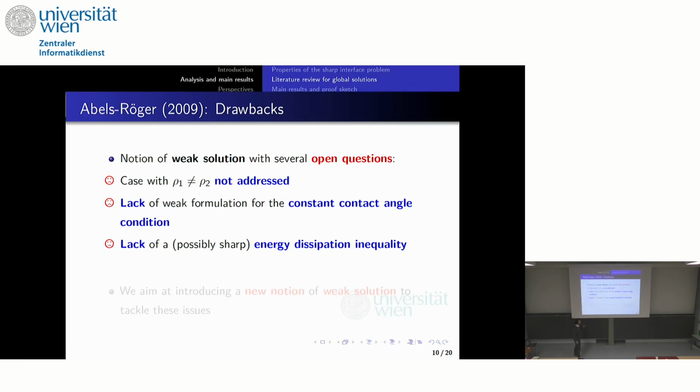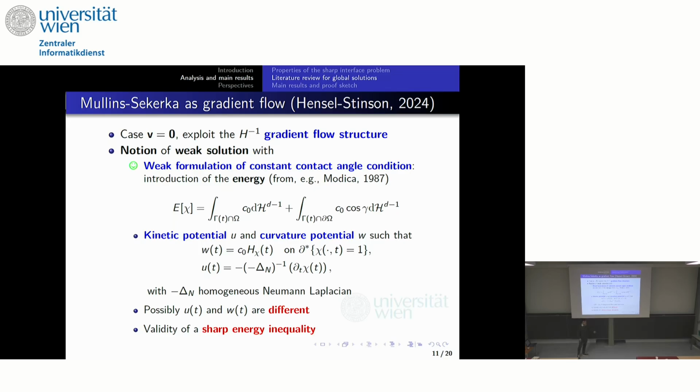This is very important because it gives us the hope that we get a weak-strong uniqueness principle. And so we aim at solving these three issues with a new notion of solution. Of course, we don't construct it from scratch, because Sebastian and Stinson already prepared the ground for the Mullins-Sekerka equation, the Mullins-Sekerka flow. And indeed, what they were able to do is exactly consider this energy, the Mullins-Sekerka energy,